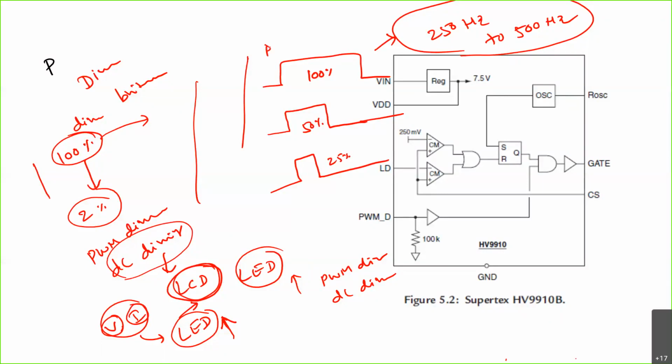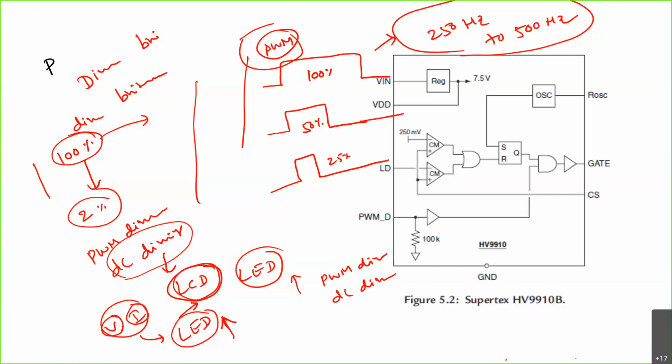The disadvantage with this PWM dimming, you can easily notice when you're operating your mobile at low brightness, you can see some flickering. I think you have noticed that, especially when you're operating in low ambient light conditions. When your eyes are sensitive to that, or when you're using it for a longer period, you will get some headache, nausea, some adverse effect or eye strain. All these are the disadvantages of PWM dimming.